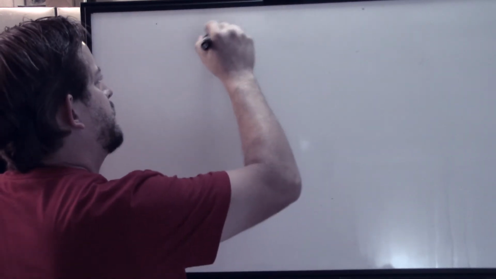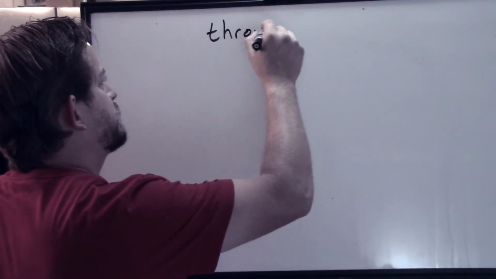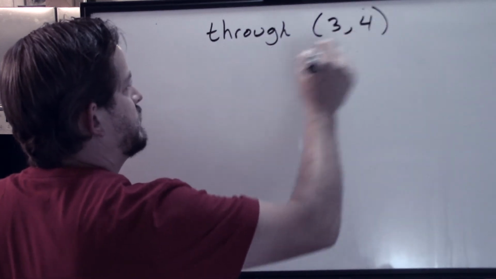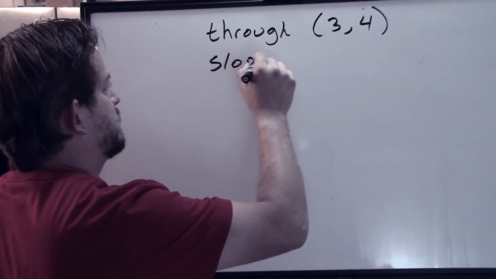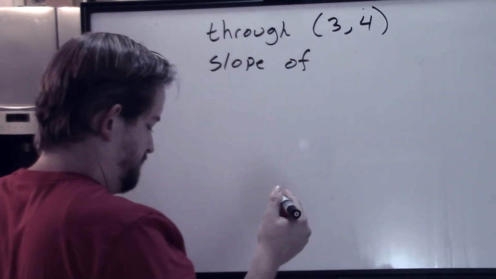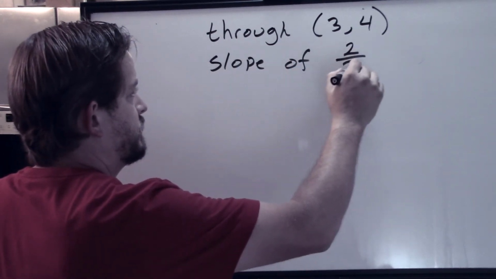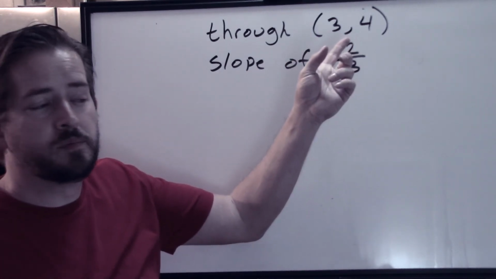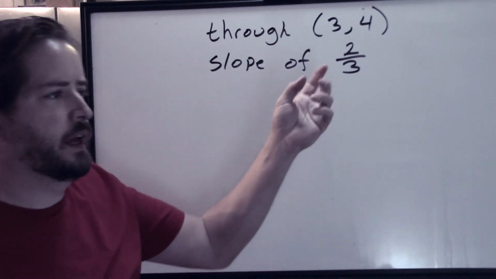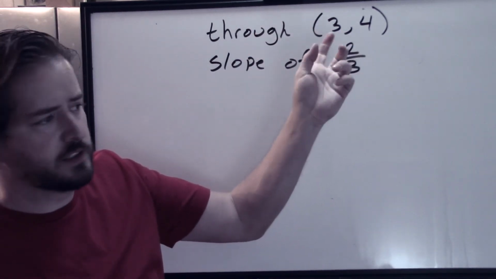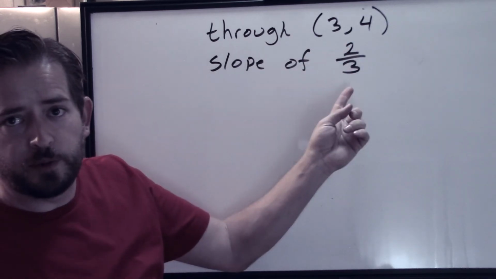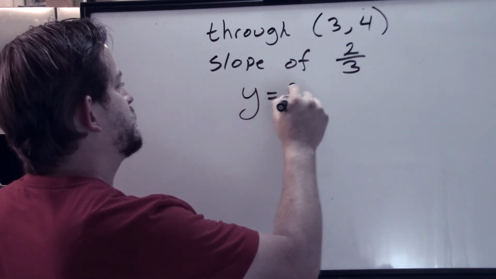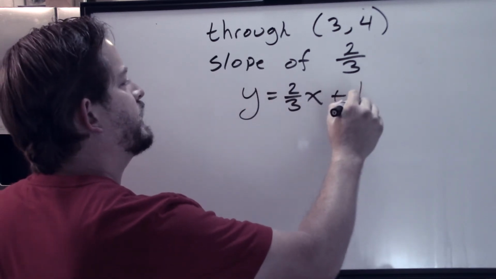Okay. Sometimes though, they might ask you to write the equation of the line that goes through, say, (3, 4) with a slope of 2/3. Right? Now I don't have my intercept handed to me, I have another point. But I do have my slope handed to me. So I know that this equation is going to be y equals 2/3 x plus whatever that intercept is,